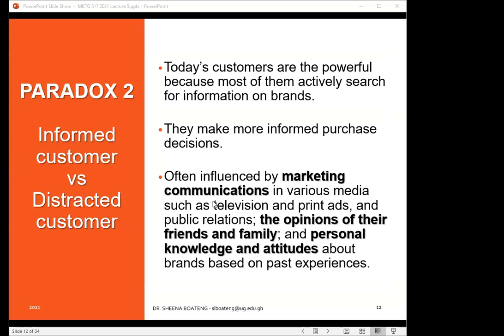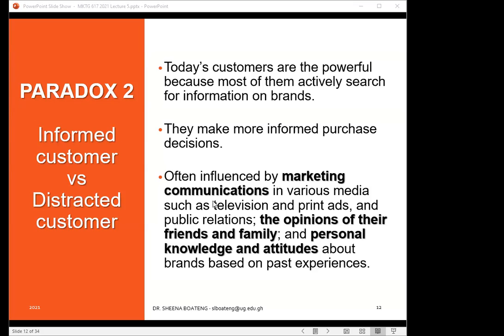Now this is a very interesting one because today's customer is powerful mainly because of their ability to access all manner of information at any point in time, right? And this helps them to make more informed purchase decisions, such that whenever they find themselves in any purchase or consumption experience, most of them think of the first thing to do, which is going online to browse for information about whatever item it is that they are buying. So they are most likely to immediately run a Google search to see what this item is, how much it is likely to cost, and whether or not they are being given a good deal,